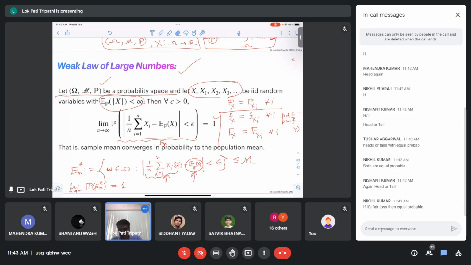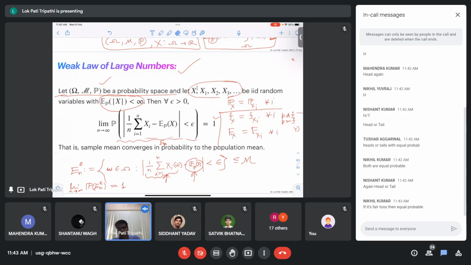So actually, you can misinterpret this result like this. Since it says that the sample mean converges to the population mean, although it's very difficult to relate that, as I told you, the historical probability or frequentist approach, or empirical probability, with the law of large numbers, we will discuss how to relate it.